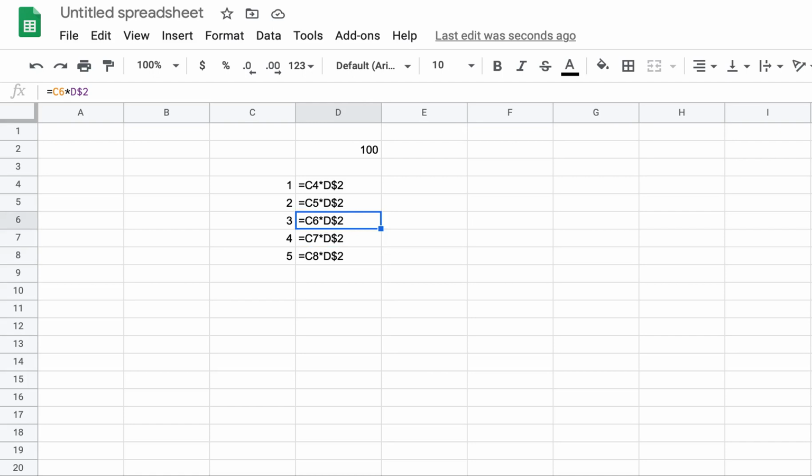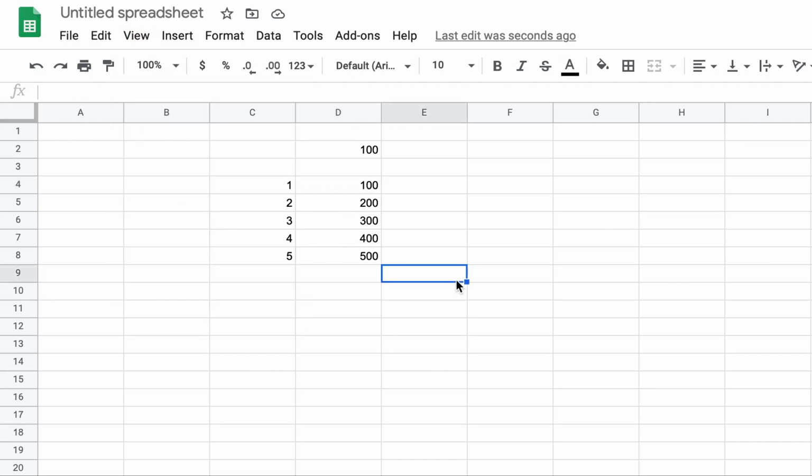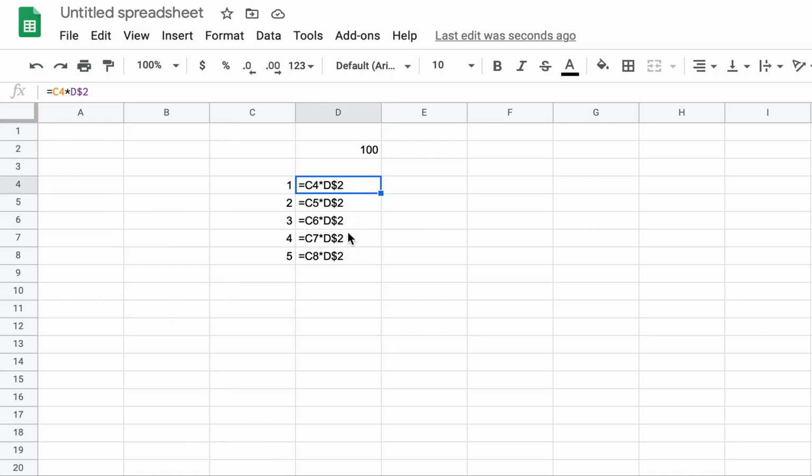It is fixed. You can put this dollar in front of 2, in front of D, in front of 4, or in front of C. So it works for part of the reference, either the row reference or the column reference, and then you can create smart tables like that. Now let's see the result by going to the normal view. Now you can see 1 multiplied by 100, 2 multiplied by 100. So this one is changing as you go down, but it is always using the fixed rate value because you had always put the dollar before it, right?